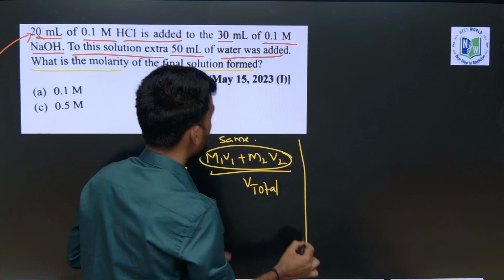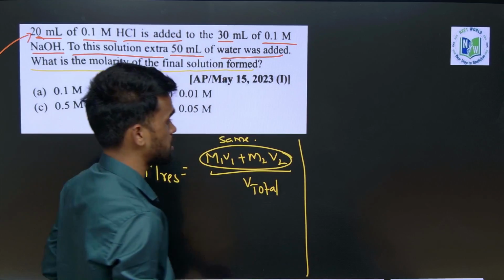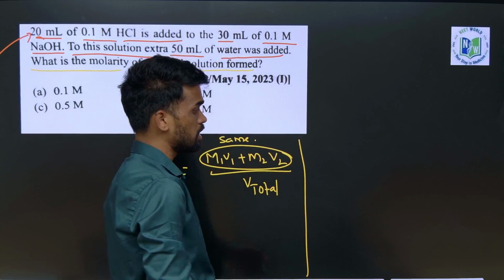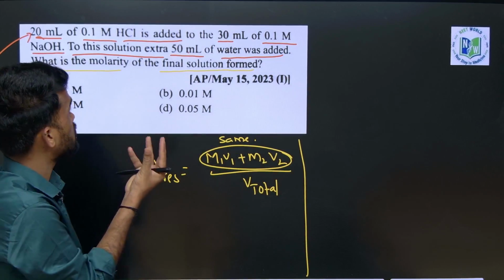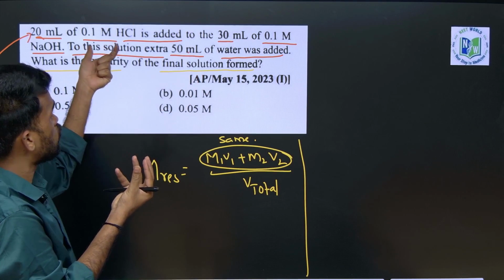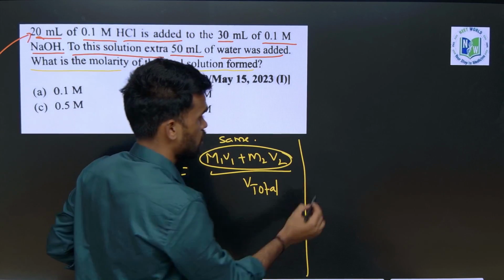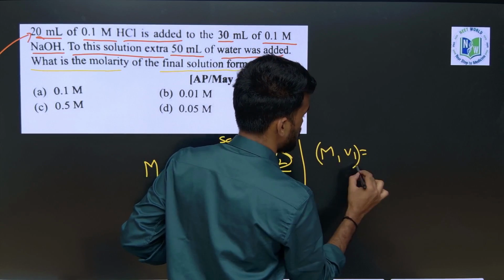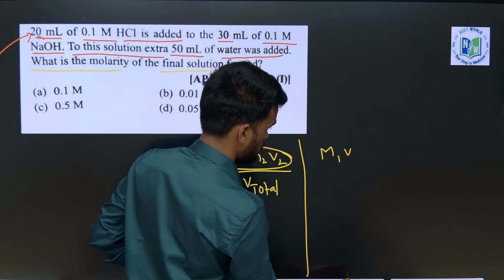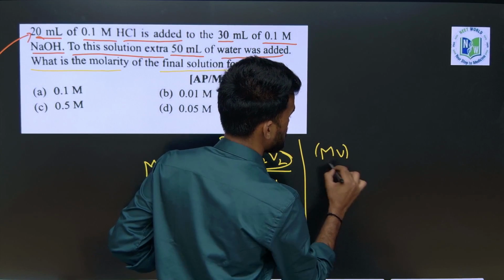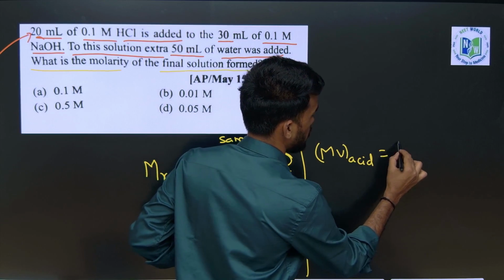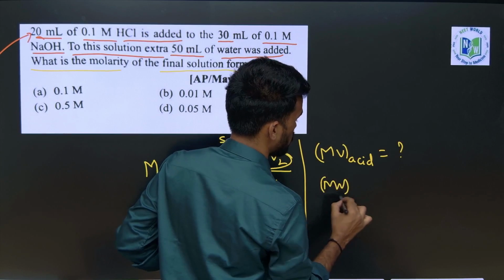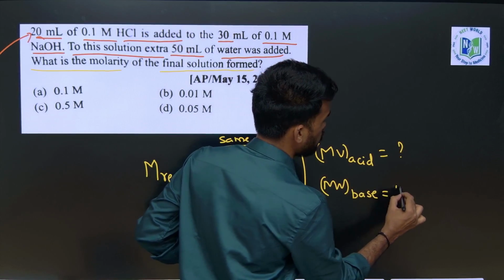Okay. Now here it is acid and base, so in that case what you have to do is, tell me which quantity is more here, the base or the acid. We need to check first. So what is the M1 V1 quantity of acid here, the MV quantity of acid, you tell me. So MV of acid is how much? First you need to find this, and MV of base is how much? So why do we need to find this?